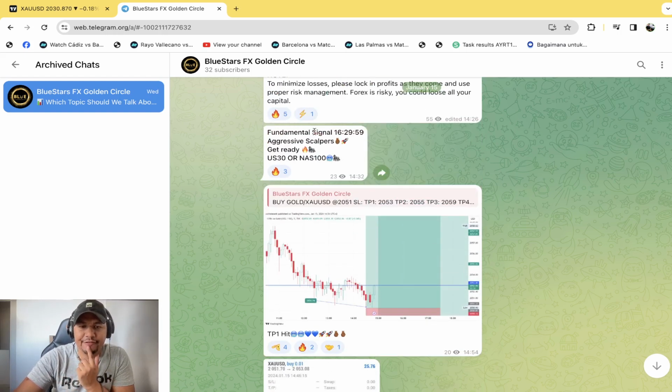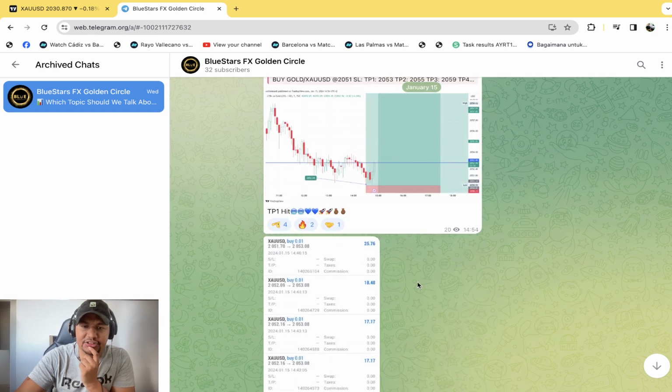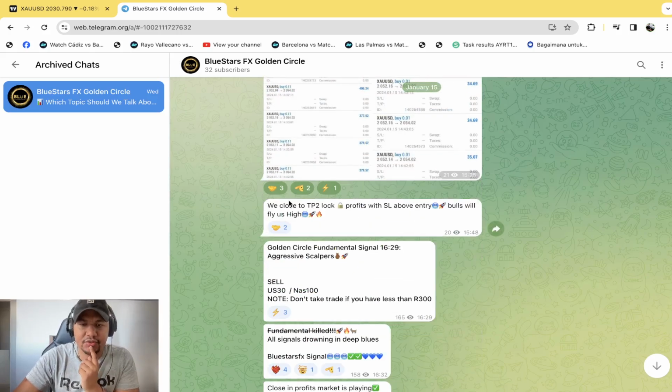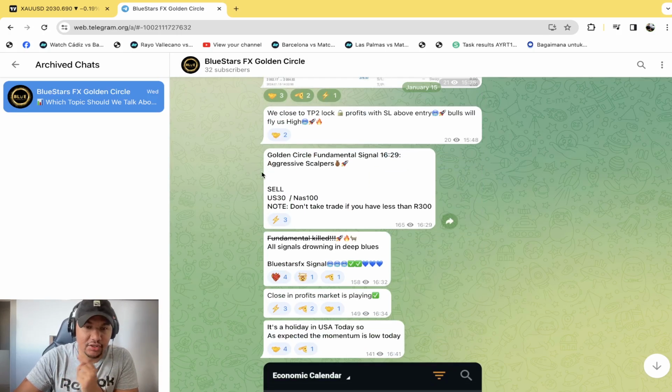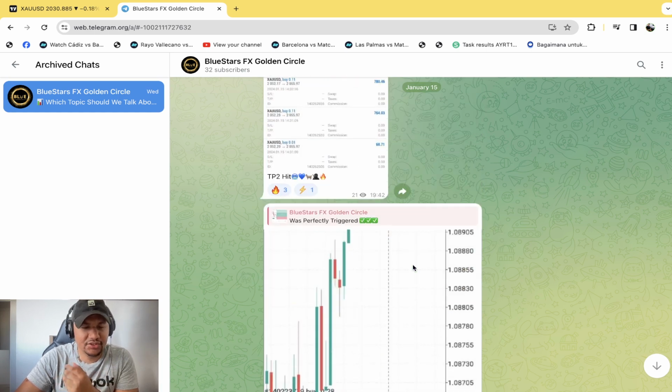Now, here we got a fundamental signal that you can see over there. Get ready, US30 or NAS. If you go further down, we close to TP2. That's still the gold signal. Here we go. Aggressive scalpers sell US30. No, don't take the trade if it's less than 300. And then all signals drowning in blue and basic. I would assume that's how they trade